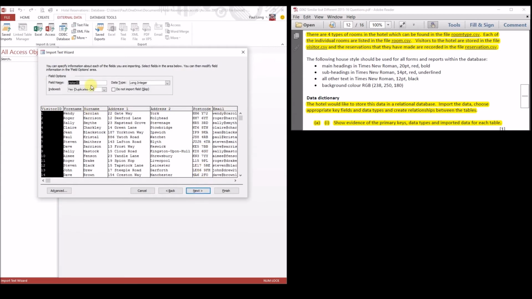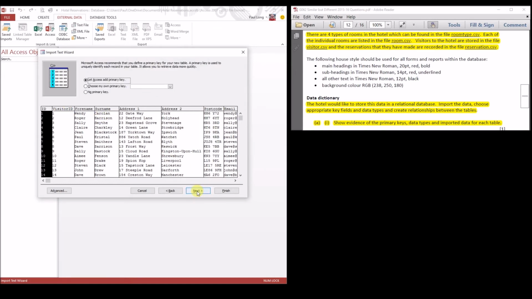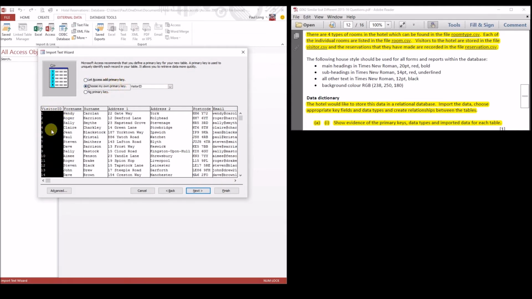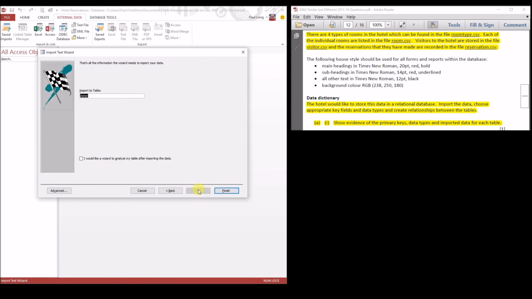We ignore this bit about the data types because we'll deal with that separately. But we don't want an extra primary key added. Can you see here it's adding an extra primary key? So we're going to choose our own primary key, and it defaults to visitor ID, which is exactly what we want it to do. Then we'll click on next. It asks what we want to call our table, and visitor makes sense because that's what it's been called. And we click on finish,